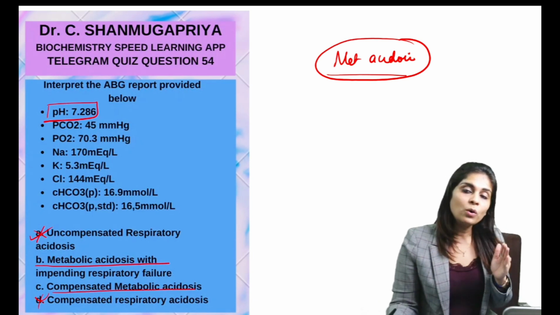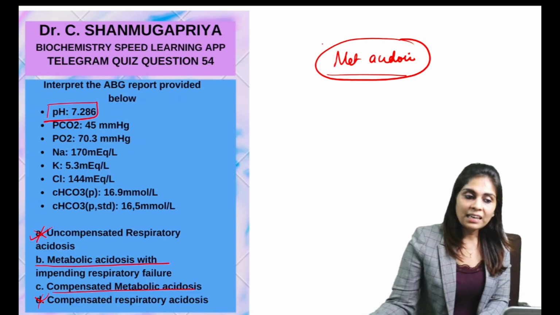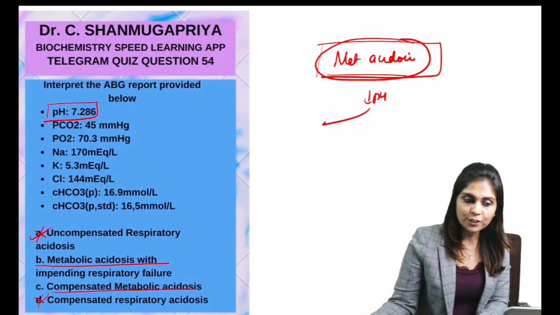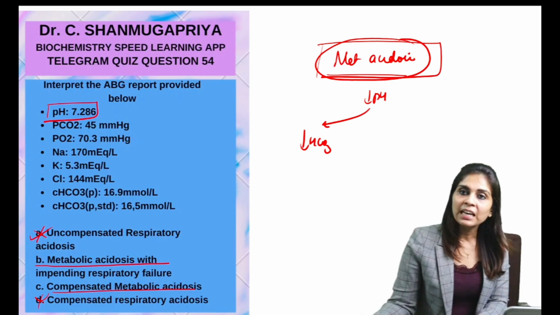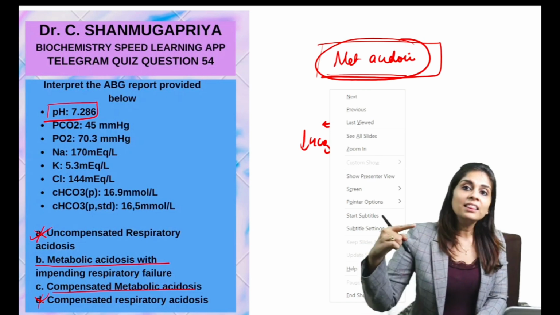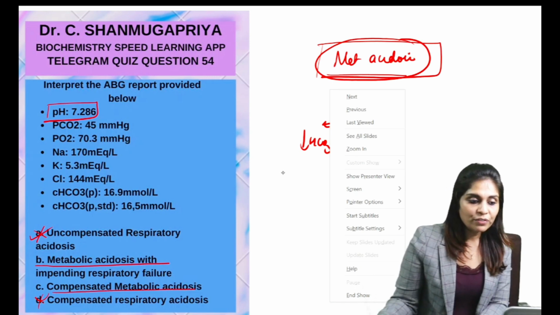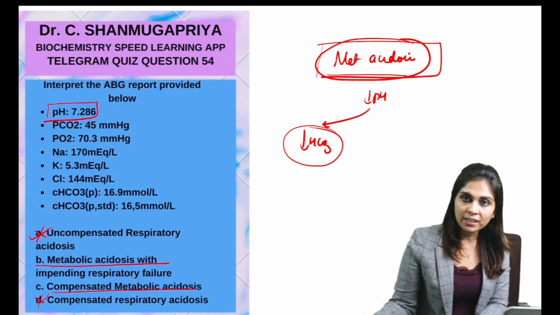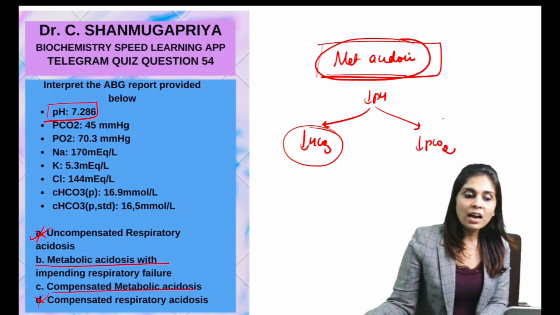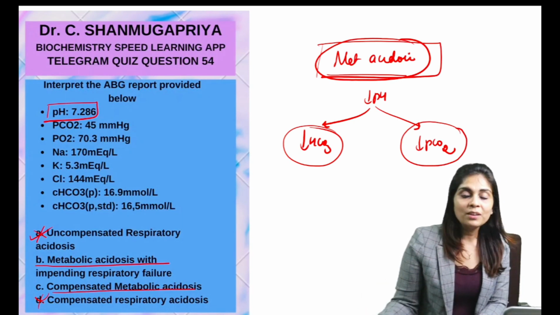But otherwise, how do you calculate compensation? As I told you in video number 1, in any disorder, for example, in metabolic acidosis, if the decrease in pH is caused by a decrease in bicarbonate, it has to be compensated by the other parameter, which is PCO2. And the change in the next parameter will be parallel to the change in the primary parameter. So if the primary defect is a decrease in bicarbonate, the compensation would be a decrease in PCO2. Okay, how far do you think this PCO2 should be or can be reduced? For that, we have a formula.